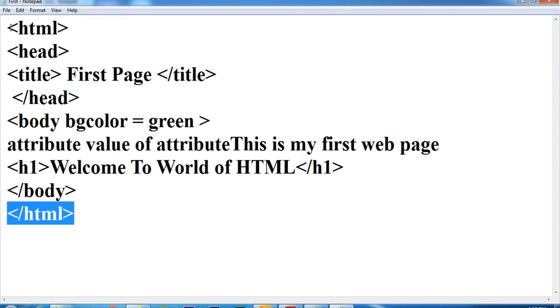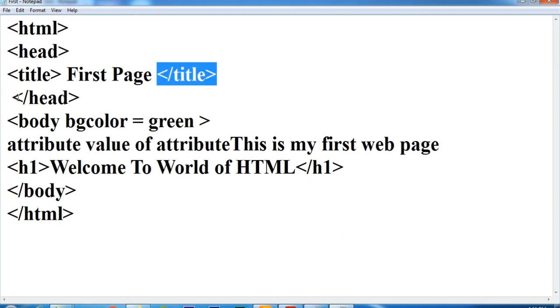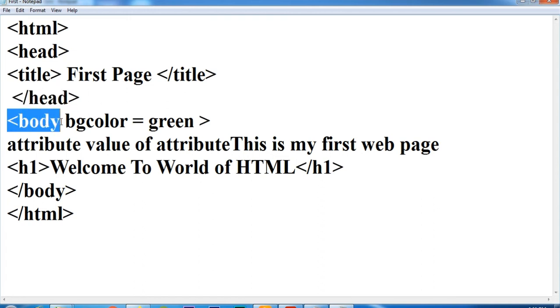What is the basic syntax of your HTML program? It is HTML, head, title, title close, head close, body, body close, and HTML close.